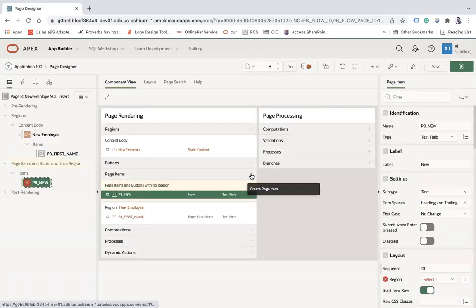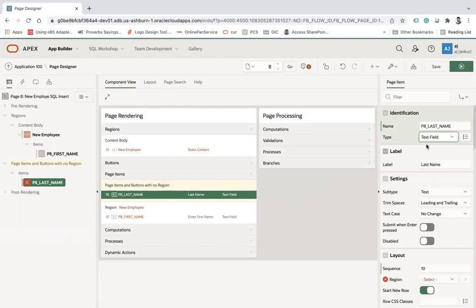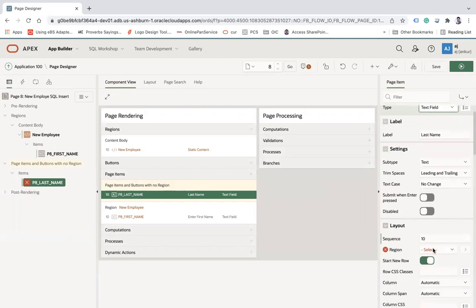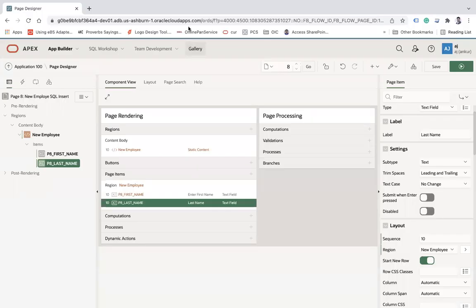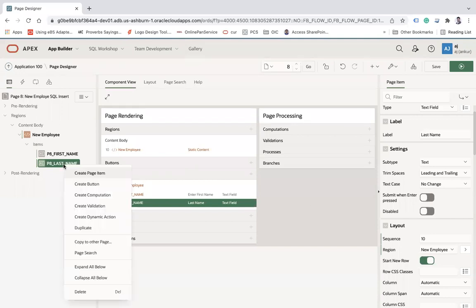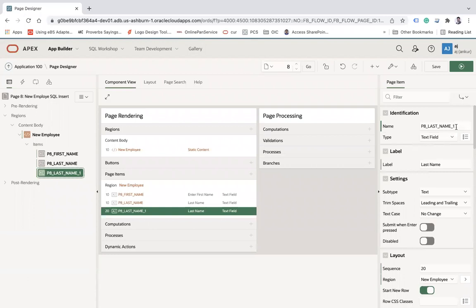So this will be used to enter a first name. Similarly, I'm going to create a new page item. Let me say the name is last name. Again, the type is text field, and I am selecting the new employee region. Sorry, there was some issue. Now you can create a new field by clicking on the field and then duplicate, which will create a duplicate field.